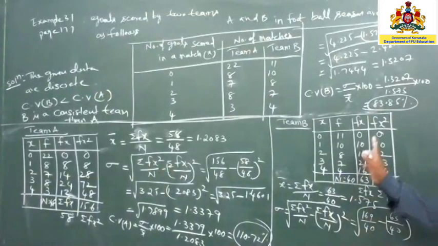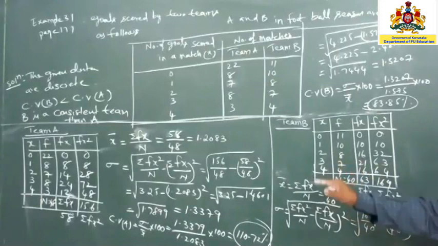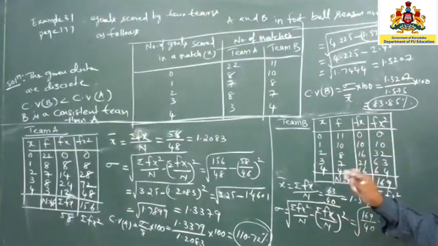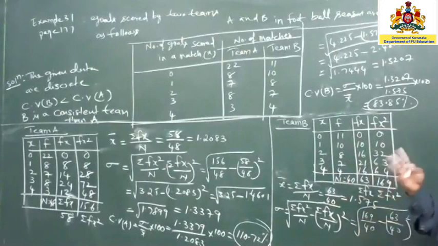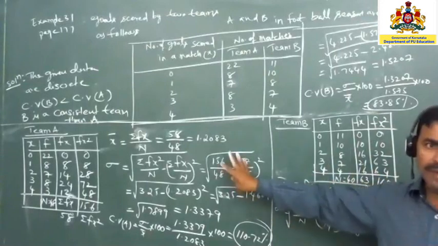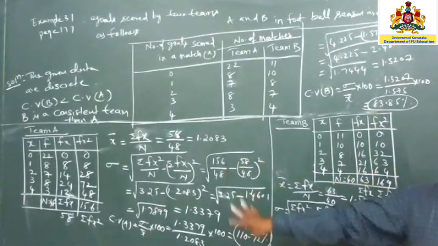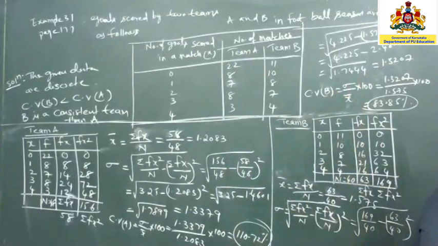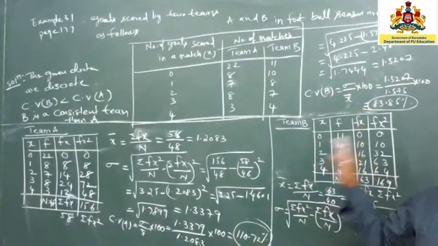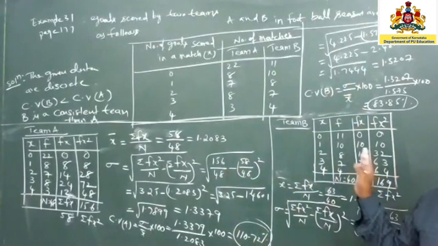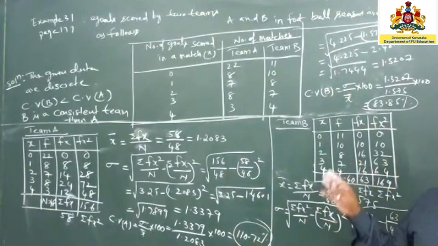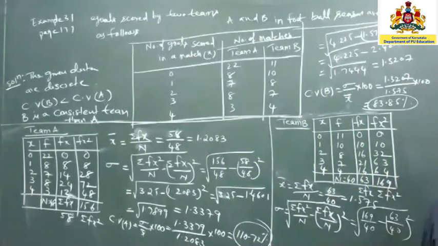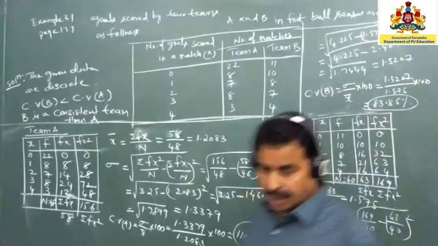So whichever the question, ungrouped data, discrete data, or continuous data, first data A, city A, city B, village A, village B. For A, find mean, standard deviation, coefficient of variation. For B, mean, standard deviation, coefficient of variation. Then compare coefficients of variation. If better score is asked, in that case compare mean values.